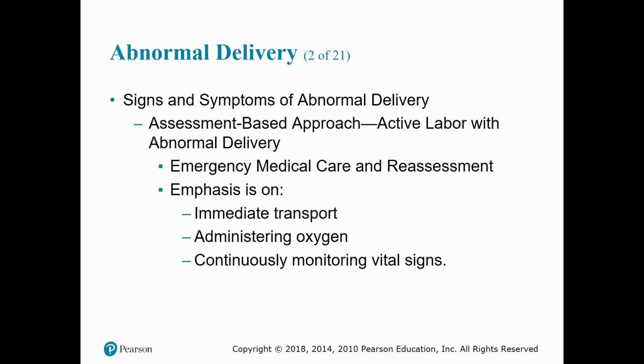For most intrapartum emergencies, delivery in the pre-hospital setting is not possible. So you'll need to contact medical control for further orders, and in some emergencies, medical direction might recommend that you perform certain maneuvers to facilitate the delivery of the baby. All right, that being said,